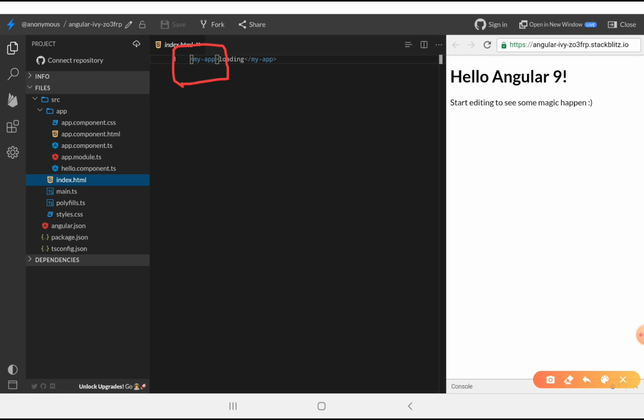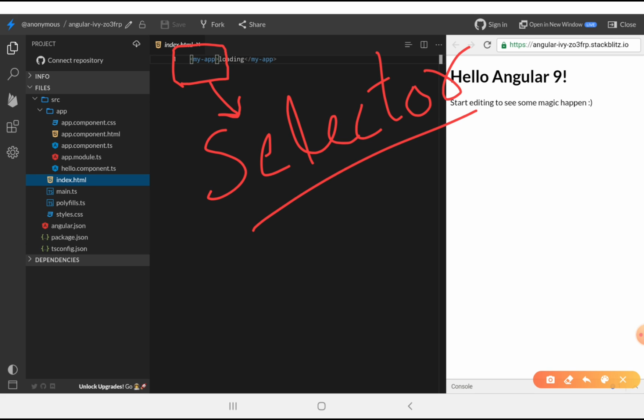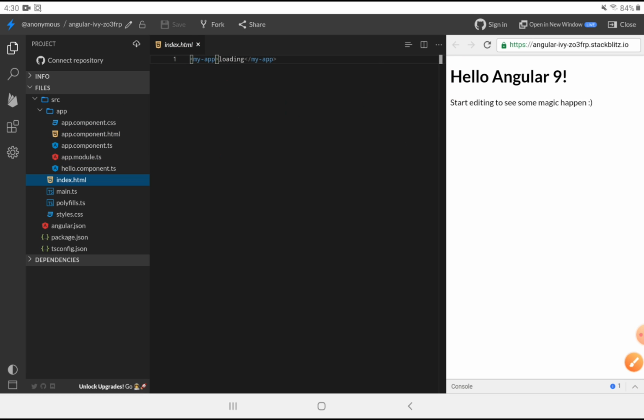So this is the first file that gets loaded, and it contains this selector. Guys, this is called a selector, and this selector is of the main application. So this my app is a selector of the root component that will be described in this app.component.ts. We'll see it in a few minutes. Okay, going forward,